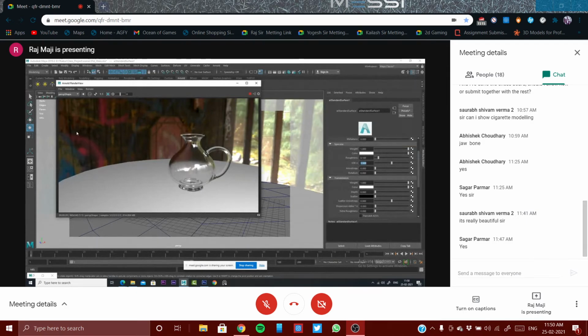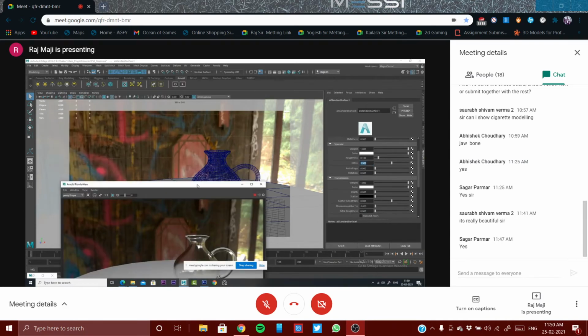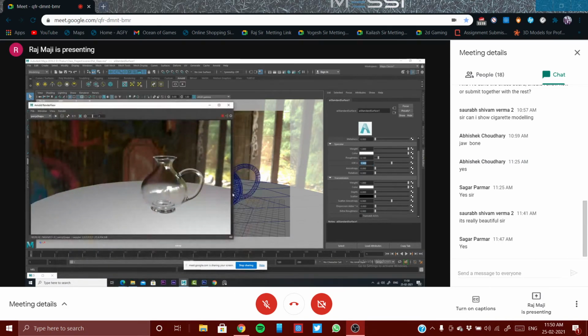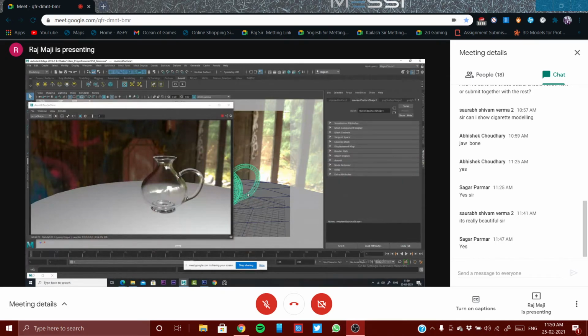Okay, so in this, now another thing will happen, that is, if you want to give a little color to it. Okay, guys, another thing, a glass is not 100% glass until the glass is selected, the shape node is selected, going to Arnold.